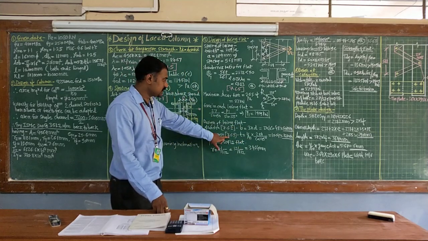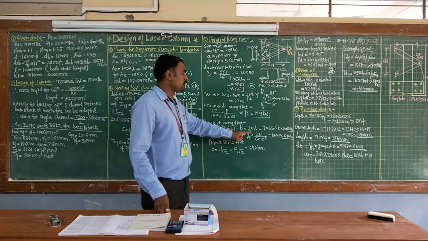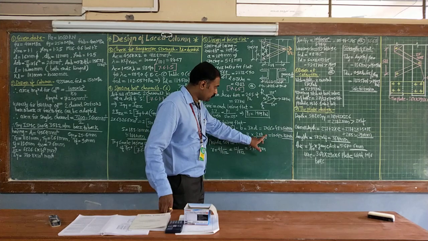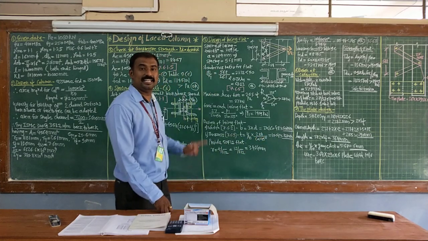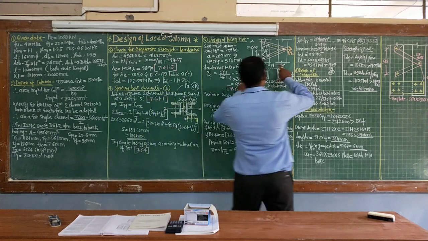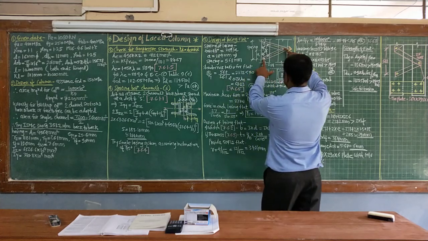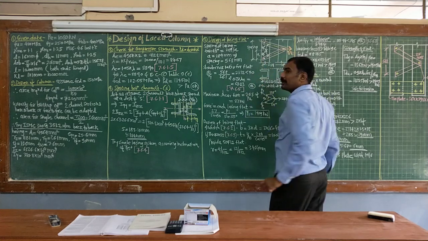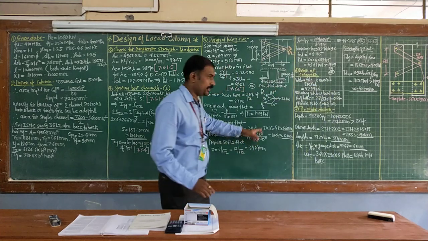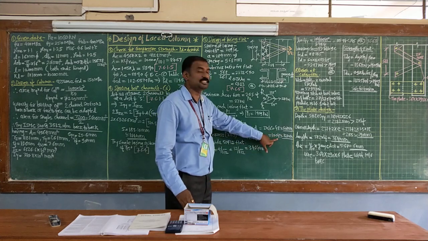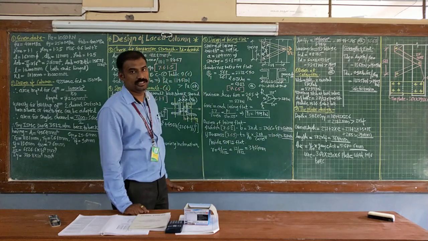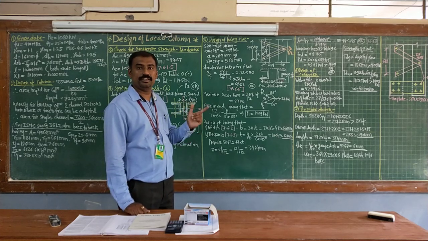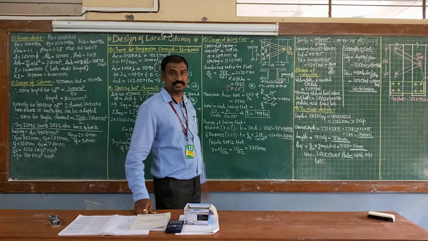According to clause 7.6.3, the thickness is 1 by 40 of your inclined distance. Now this 284 divided by cos of 45 is the length of the lacing flat. In short, this is your 284 value and you need to calculate this length. So the length of the flat is nothing but 284 divided by cos of 45, and from this you get 12 mm as the thickness of the flat. So we will be adopting 50 F 12. So an Indian Standard flat of 50 by 12 we are going to adopt as the lacing flats.